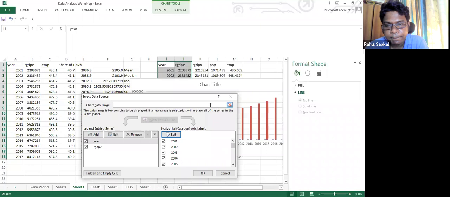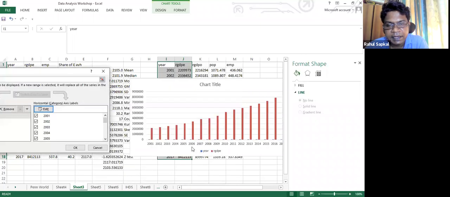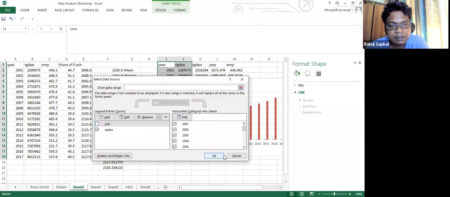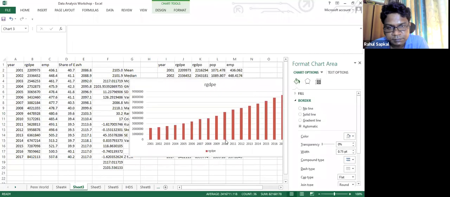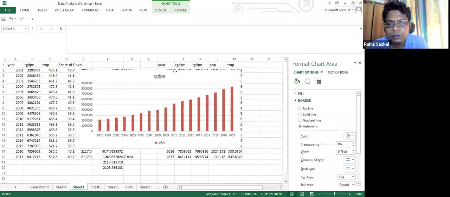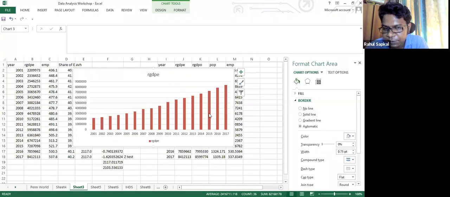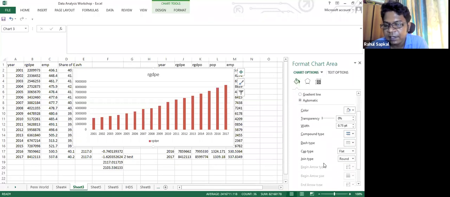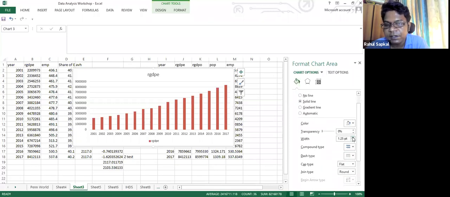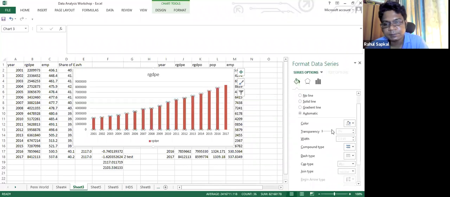Now can you see my year has been added, and now I have to remove the green one. So I will just take it out. Now this is the way your histogram has been built, and you can see how the GDP is increasing over a period of time. Now here you can actually do a lot of overlap. You can change the width, you can increase the width.